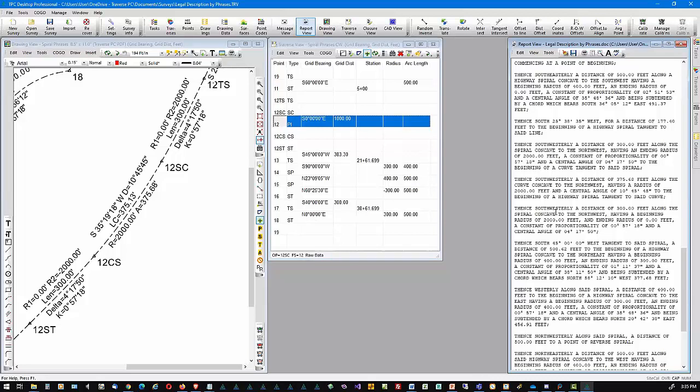Along the curve and then along the spiral. All right, so that brings us down